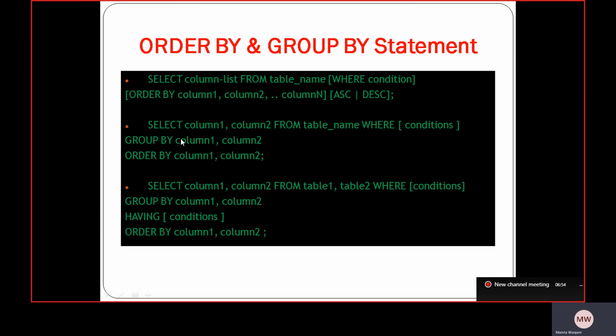One more is SELECT column 1, column 2 FROM table name WHERE condition, GROUP BY column 1, column 2, or ORDER BY column 1, column 2. Or SELECT column 1, column 2 FROM table 1 and table 2 WHERE conditions, GROUP BY column 1, column 2 HAVING condition, and ORDER BY column 1, column 2. These are the various